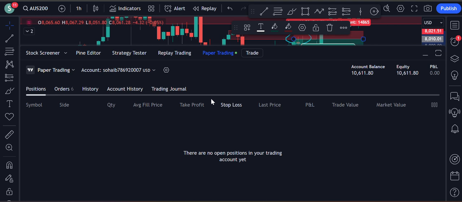But I'll not go below 0.25% because it will be very little and we will not have a significant rise in our equity or balance. So it would not make sense to go below 0.25 or even 0.5. But 0.25 is the minimum that I would like to go, because what happens when you start losing is you keep losing. There'll be a streak of losing trades. So what you need to do is minimize your risk when you are on a losing streak. So when you lose, you lose very little.